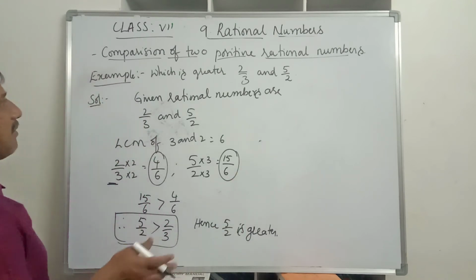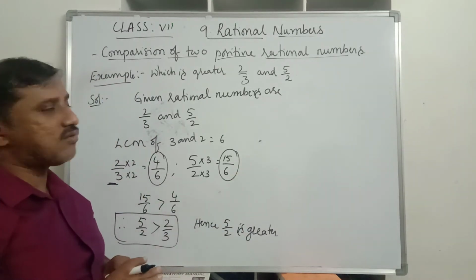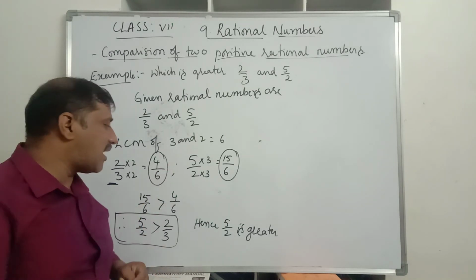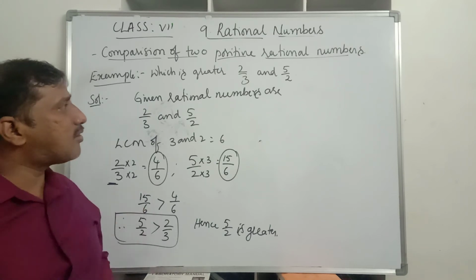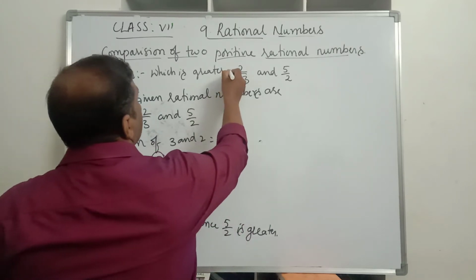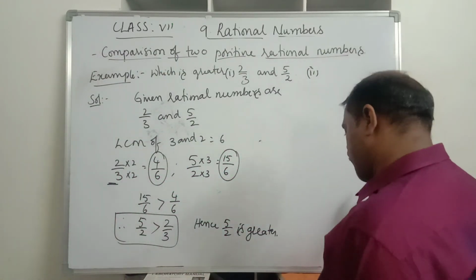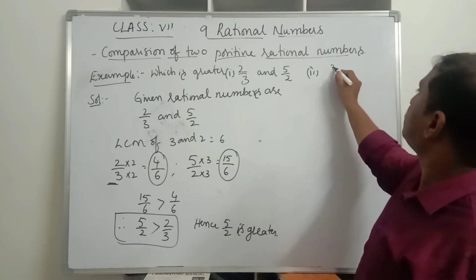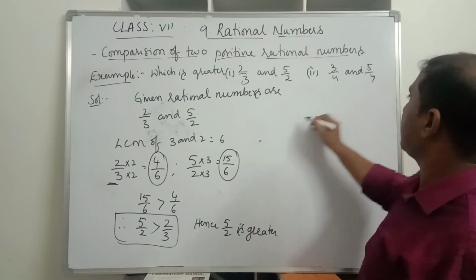So like this we will compare the fractions, that is rational numbers, by taking them as like fractions by taking their LCM, and then we will compare. So can we discuss one more sum? Like this is one question. The second question also we will take two numbers, which is the greater. It is with the positive integers only, we take 3 by 4 and 5 by 4, the second bit.